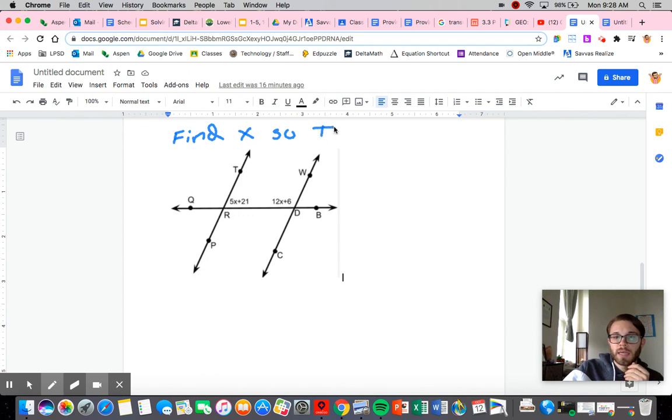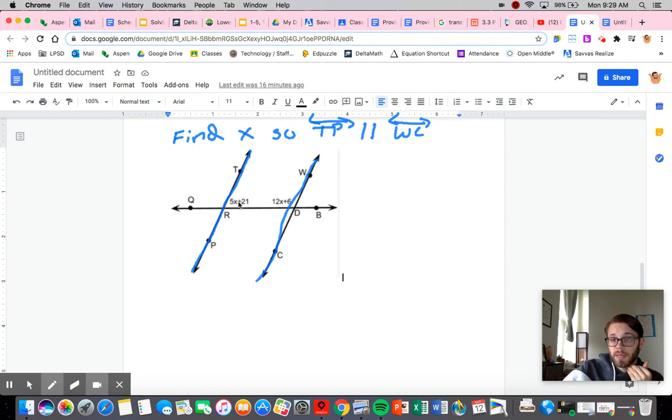Line TP is parallel to line WC. That would be a type of problem that you could encounter as well. It's telling you that we don't know if they're parallel, but if they were parallel, what would x be? So we have to ask ourselves, if these two lines were parallel,